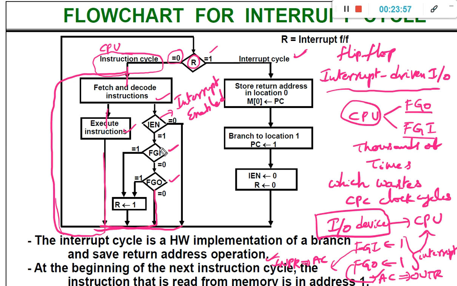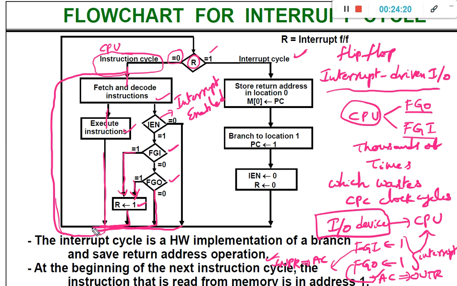However, if the FGI value is equal to 1, then we are going to set the interrupt flip-flop R value to 1. Or if FGO is equal to 1, then we are also going to set the interrupt flip-flop R value to 1.